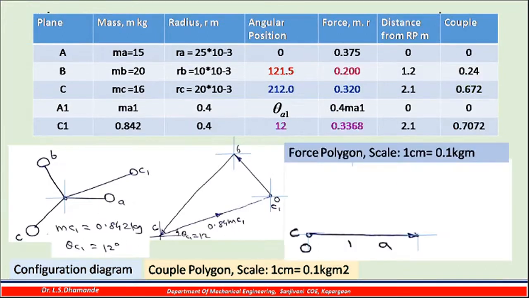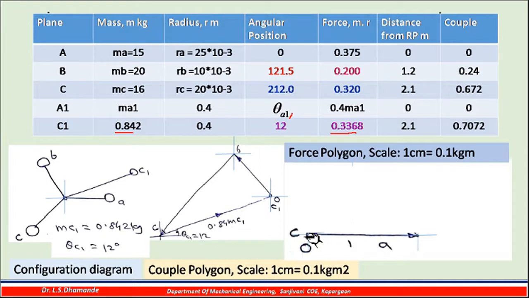Now let us draw the force polygon here. Whatever data we have calculated from this diagram, we have noted over here, this angle is specified, and now there is only one unknown here. In the force polygon also we can update this data, so we can take the multiplication of this mass 0.842, which we have got by using this couple polygon, multiplied by this radius, giving me this particular force. So now I can draw this force diagram, because there is only one unknown available. So 1, 2, 3, 4, and this fifth line is unknown.